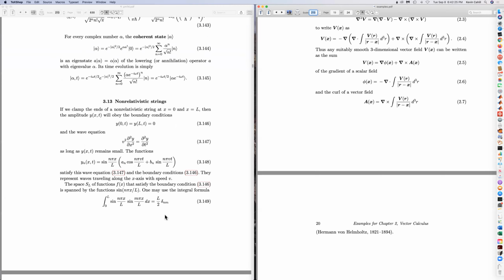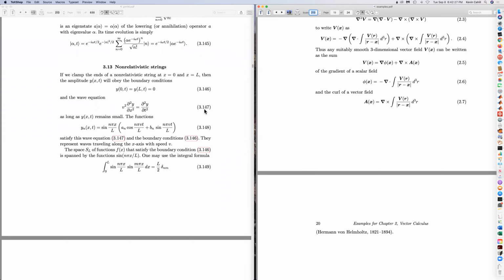Let me do non-relativistic strings. So this is just the kind of string you played with as a kid. You clamp down the ends at x equals 0 and x equals L. The amplitude then obeys these boundary conditions. If you imagine that the height is 0 at x equals 0 and x equals L,